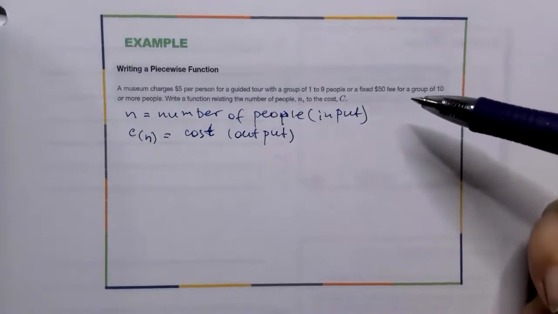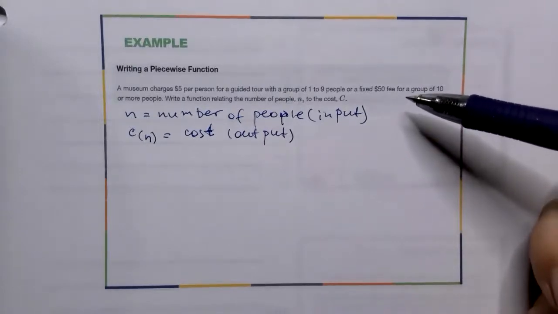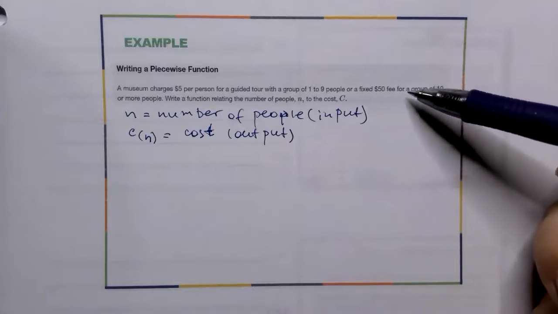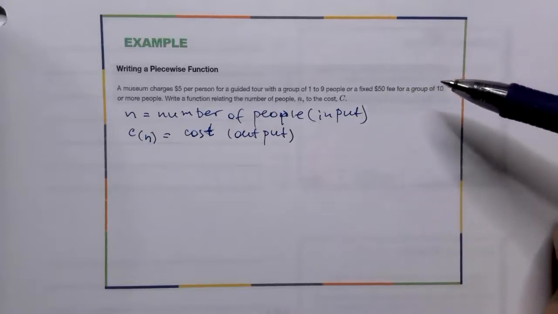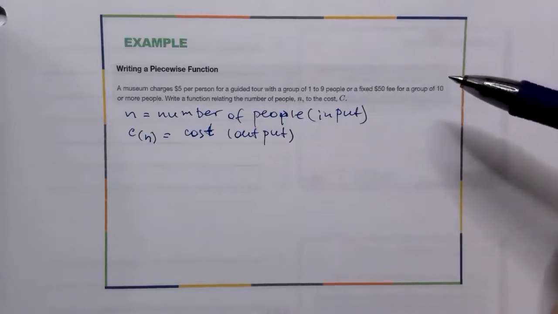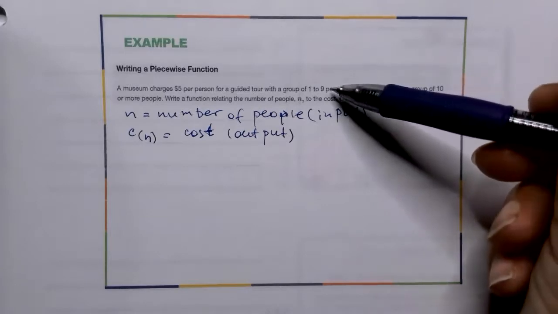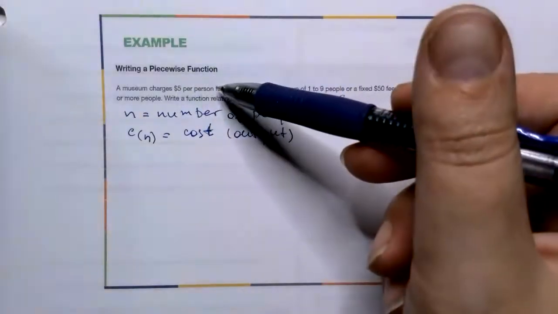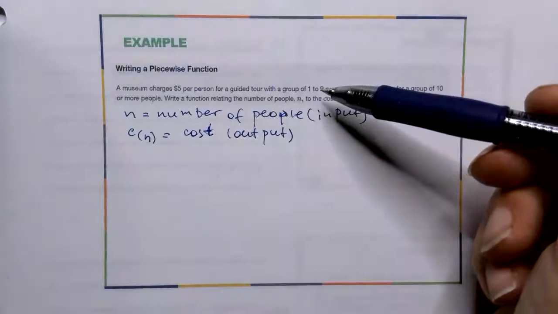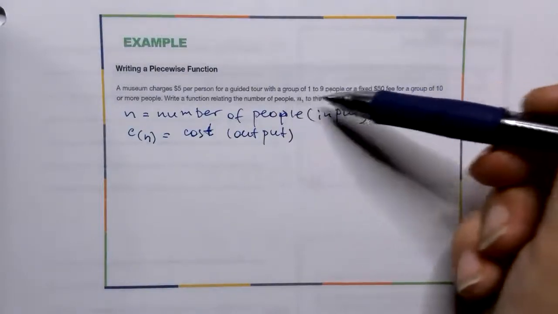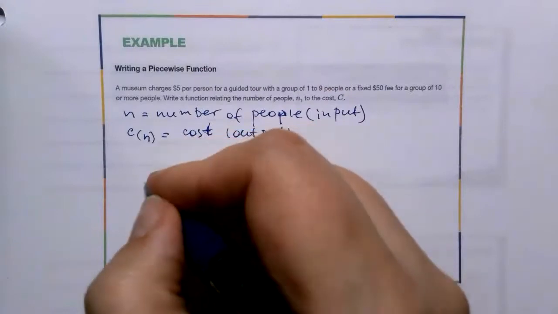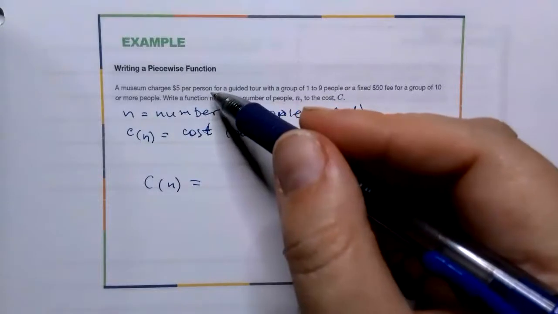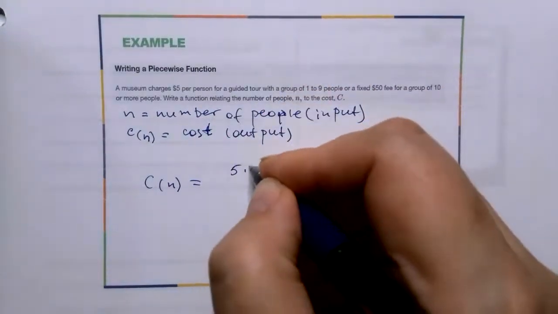And the way you can tell that this function is going to be a piecewise is because there are two patterns, two basically schemes going on, or two different rules apply. So if we have a small group up to 9 people, there is one rule. Museum charges only $5 per person for that many people. So C of N will be equal to $5 per person, which would be 5 times N,